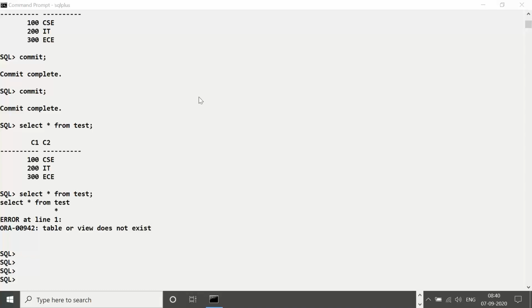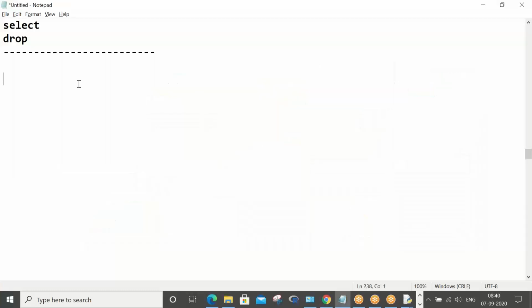Now how many methods have you seen till now? Only execute is the one method we have seen to communicate with the database.